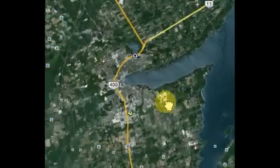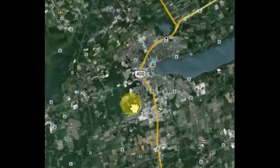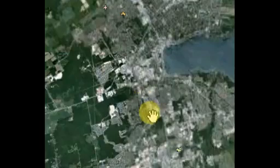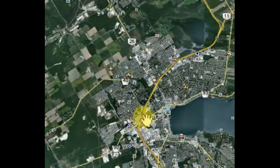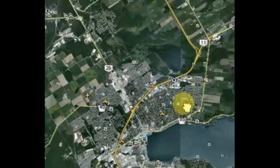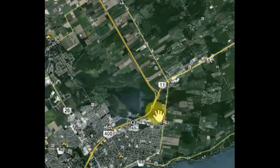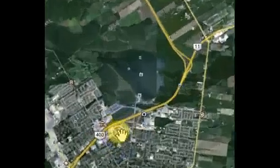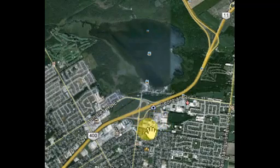So that's the 400 right here, guys. So it's easy to access. I'm going to show you. Here's Barrie. You know how you come around on the 400 before it splits, 69 and 11. The exit is right here, guys. This right here is the hospital, RVH. So when you're coming, you'll see the hospital. That's the exit. Get off there, hang a left, and I'll take you